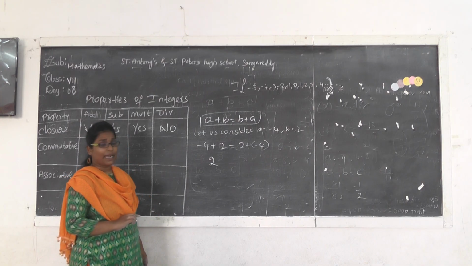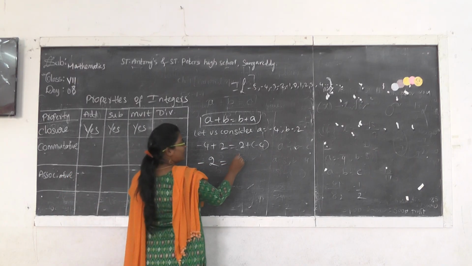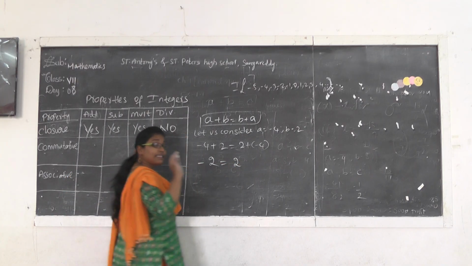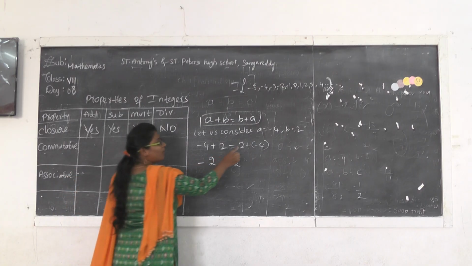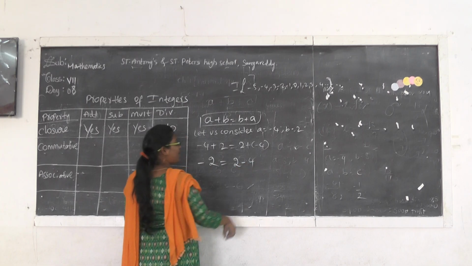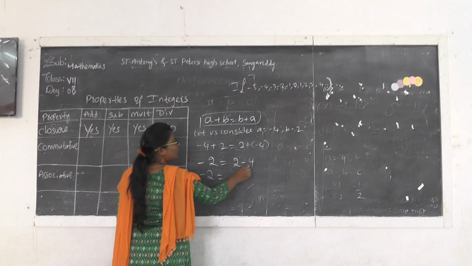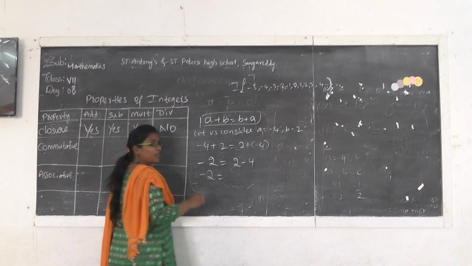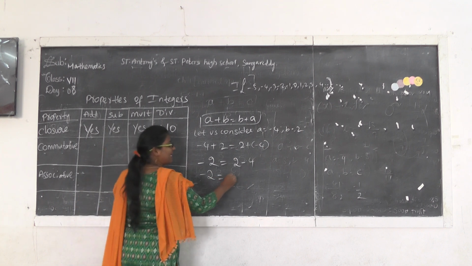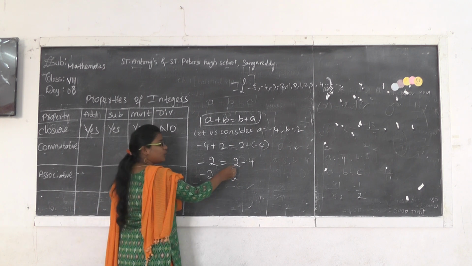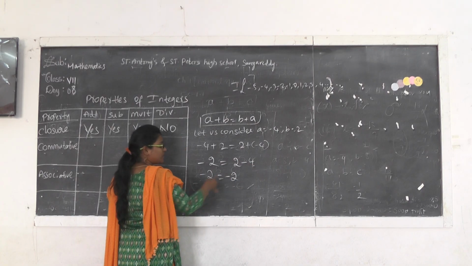One is minus, one is plus, so we have to subtract, and take the greater numerical value's symbol, minus. So, minus 2. Both are having different symbols. What we have to do first? We have to simplify the bracket symbols. So we have to keep minus 2 minus 4. Here we already simplified it, as it is minus 2. 2 minus 4. Here one is positive, one is negative. We have to subtract. From 4 if we remove 2, how many? 2. The greater numerical value gets the minus sign. Here 2 is smaller compared to 4, and 4 is negative, so the result is also negative.